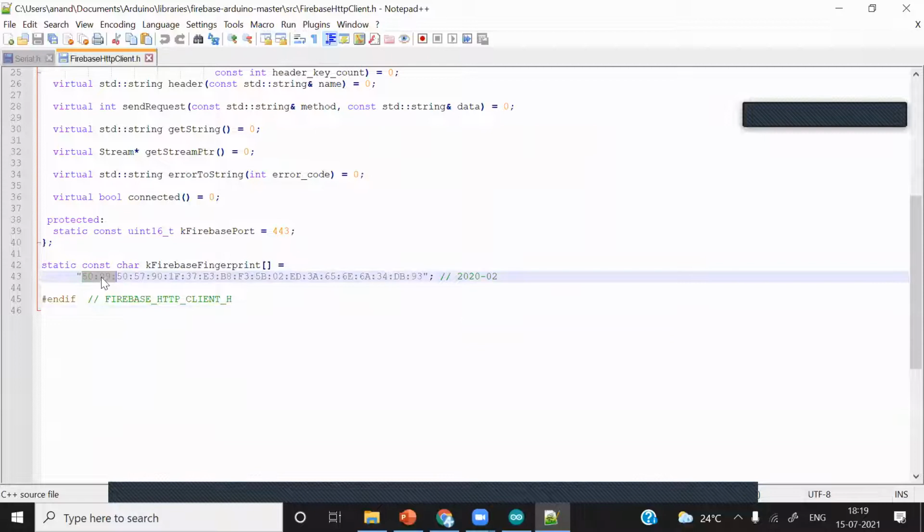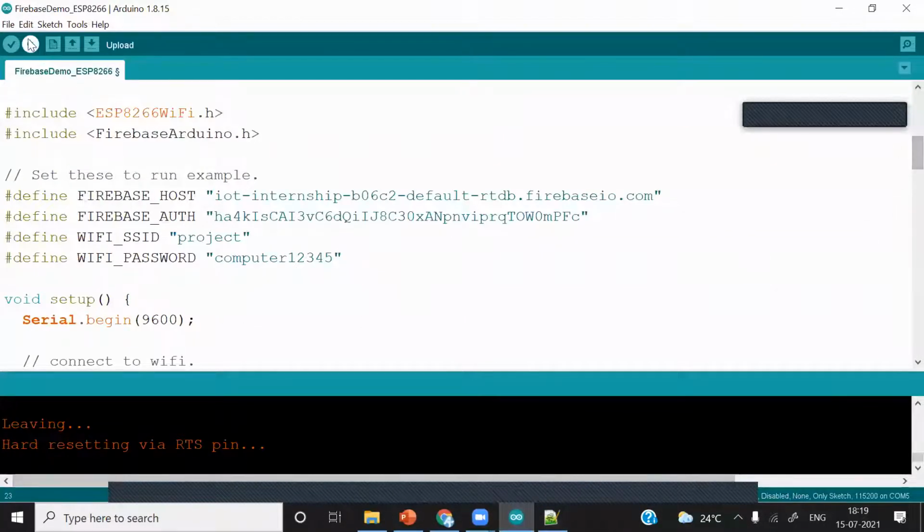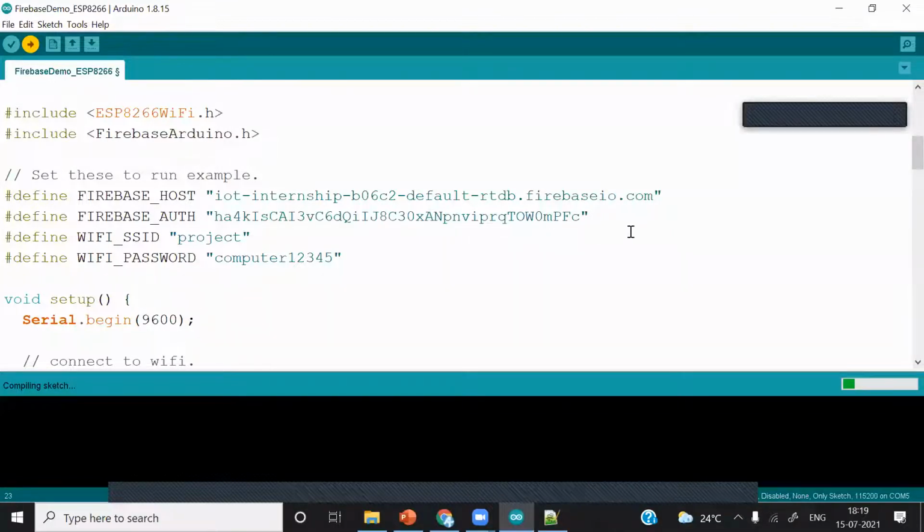I'll just make some change in this fingerprint. Okay. I'll change the last digits, like K and JH. Okay, I have replaced the original fingerprint with this one. So I will just save it. Now we will get that same error again. Okay. The reason I'm doing this is to show you that the only reason behind data setting failed is this fingerprint key.